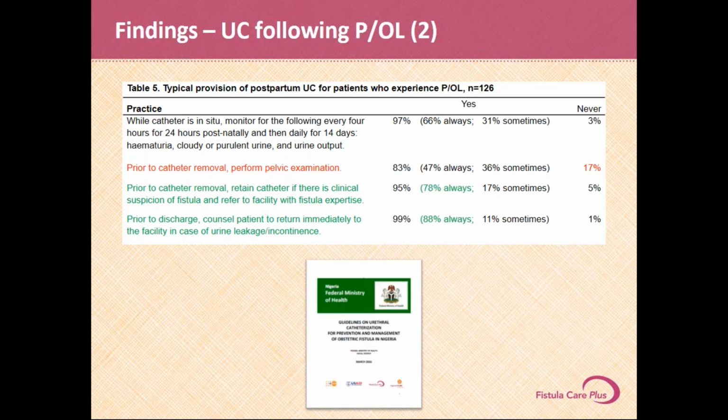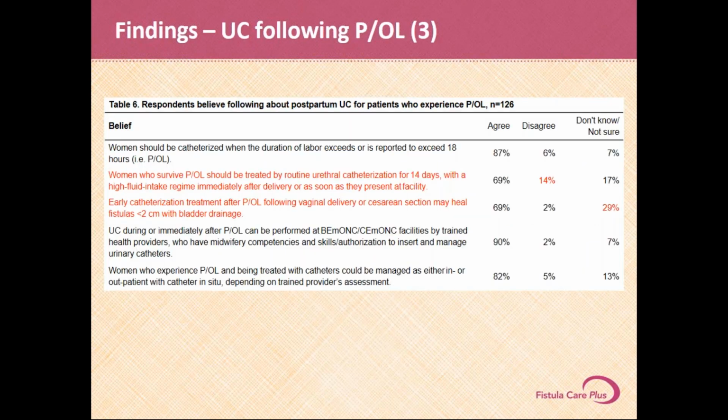And the practice with the least adherence is performing pelvic examination prior to catheter removal. In addition to these practices, the survey examined respondents' opinions and beliefs about postpartum urinary catheterization for patients who experience prolonged obstructed labor, using statements derived from existing guidelines and curricula. The statement that solicits the most disagreement is about routine urethral catheterization for 14 days with a high fluid intake for those who survive prolonged obstructed labor. And the statement that solicits the most uncertainty is about the potential of early catheterization after prolonged obstructed labor to